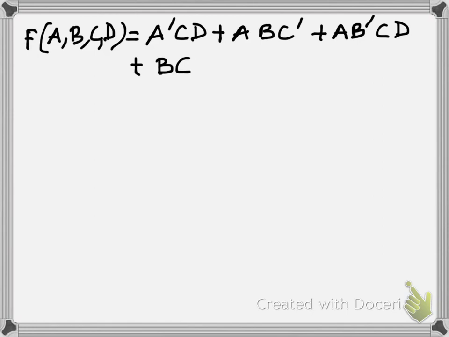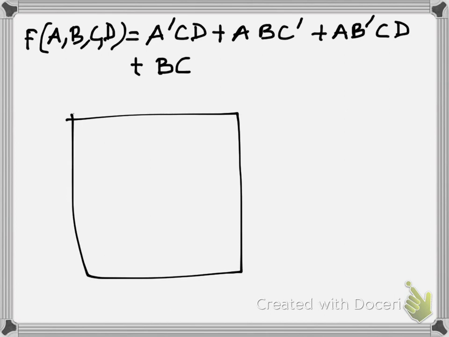Now, in the previous example, I had shown you a very long way whereby we had taken each and every term one by one and expanded each of them so that they all have all the 4 variables. Okay. Now, that's a very long way. So, just to learn it is okay. But if I want to implement, I would like to do it fast. So let us see a shorter way.